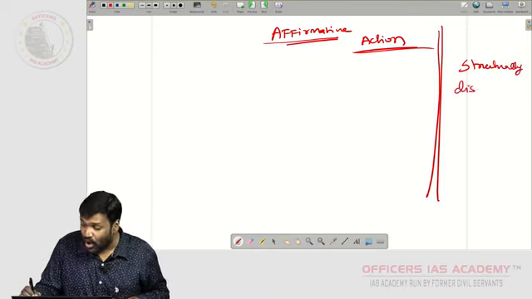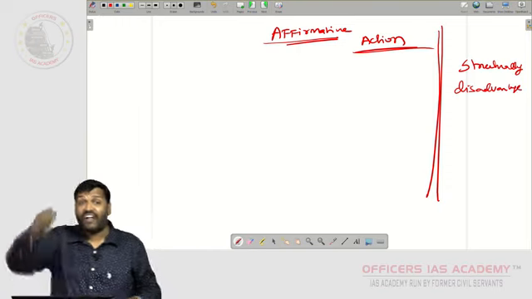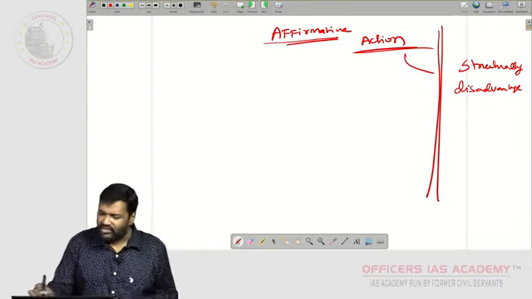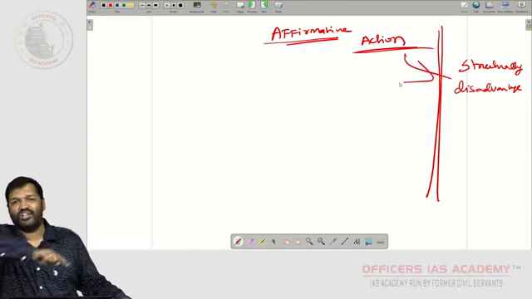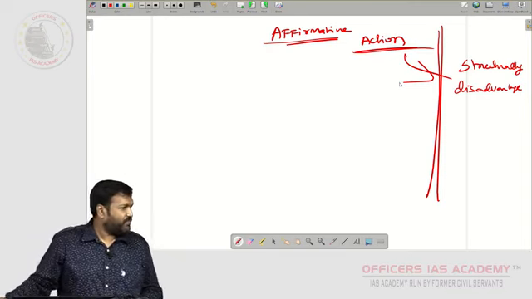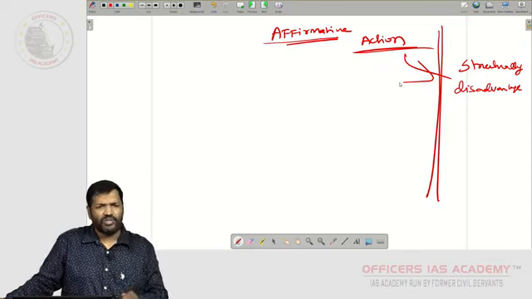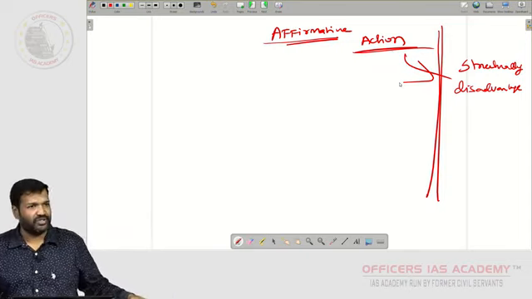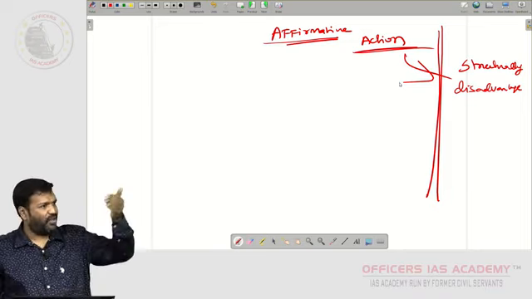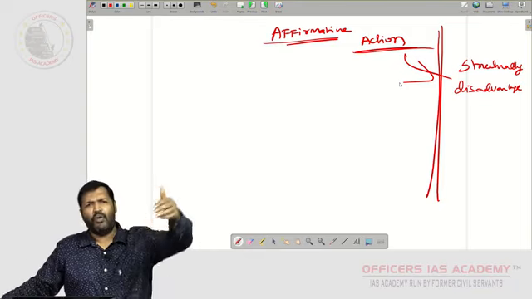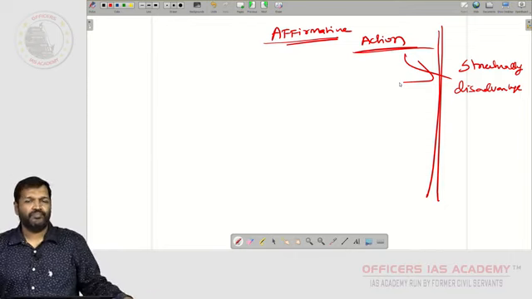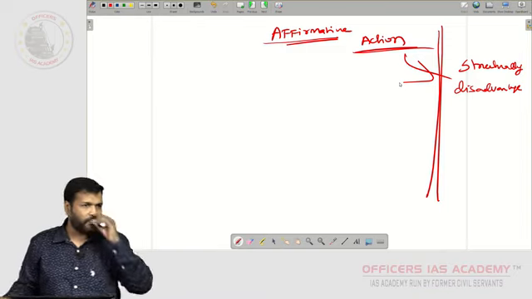Structurally disadvantaged. A normal disadvantage and a structural disadvantage are different. So the most important terminology to answer on affirmative action is structural disadvantage. What is the structural disadvantage? A disadvantage is something that happens at one point of time; it is unstructured. Exactly. Over a period of time, irrespective of what has happened, there is a system or structure of oppression in place. A structure of oppression always in place.